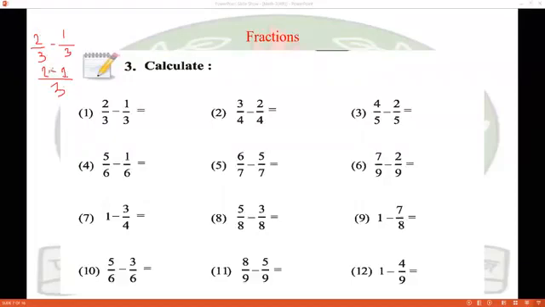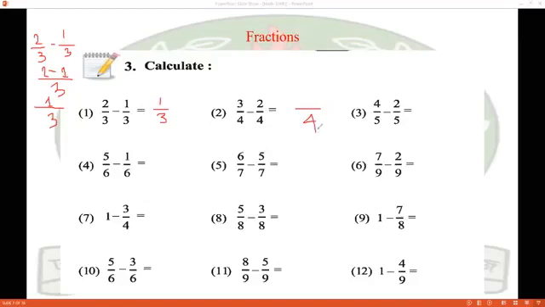When 2 into 1 you get 2. Minus 3 divided by 3 you get 1. So 1 into 1 you get 1. So we can write the denominator 3 and numerator 1. This is the simple result, 1 by 3. When we solve the 4, the denominator will be 4 and the numerator will be simple subtraction of